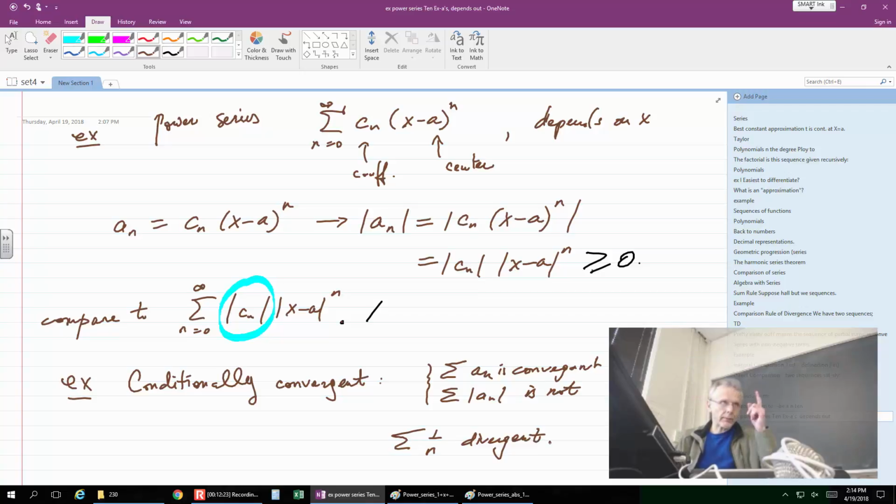Okay, so we know that from the integral test, remember? So how do we create a series from this series that might be divergent but might be convergent? We make it alternate. So it will be once again (-1)^n over n. The magnitude is 1 over n. It goes to 0 slowly, but it not only goes to 0, it also alternates between the signs. So when you start adding them up, it will not keep climbing.